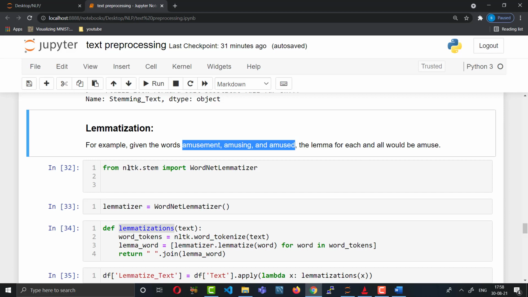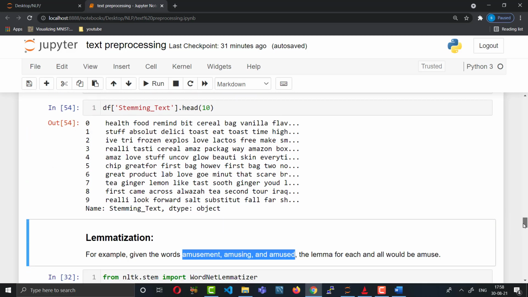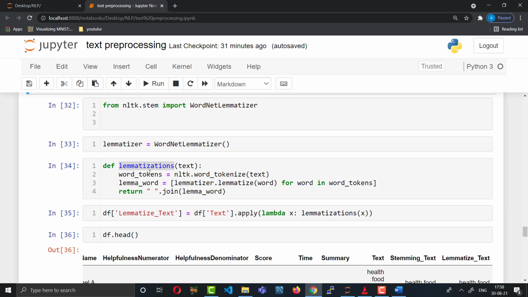From the NLTK library, I am using the WordNet lemmatizer, creating one variable. As we created the function for stemming, in the same way we have created the lemmatization function here. First we tokenize each word, and after tokenization we convert each word to its lemmatized form, join them and return the lemma words.